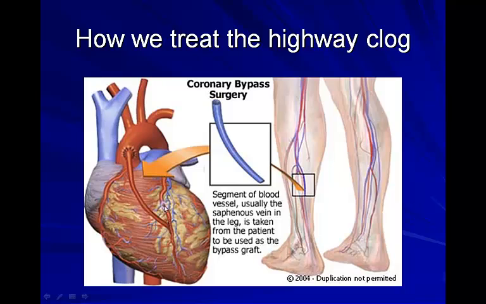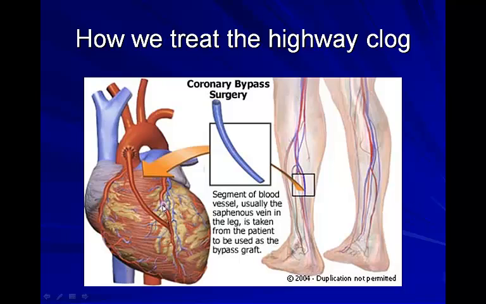And their job is to feed the heart a blood supply and then take it literally back to the heart to be recirculated again and go to the lungs and get more oxygen and whatnot. So just like any other tissue in the body, any other muscle or any other area, the heart has to be fed a blood supply. And the coronary arteries and veins feed that blood supply to the heart.